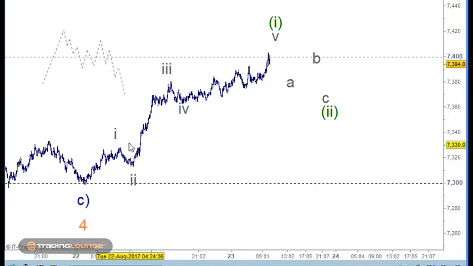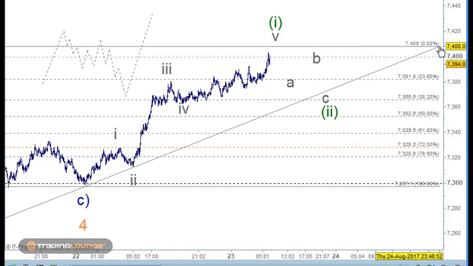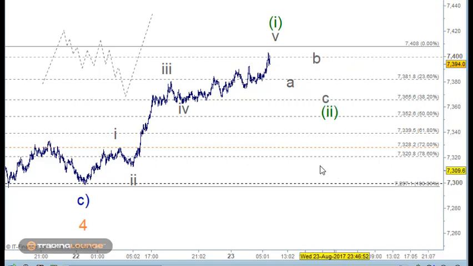Normally it's quite sharp, but that's the pattern we're looking for in A, B, C. And of course, it may be shallow, it may be deep. If it's going to be deep, this is where it can come to, into this space here. If we're looking at it in shallow terms, it may not even pierce group